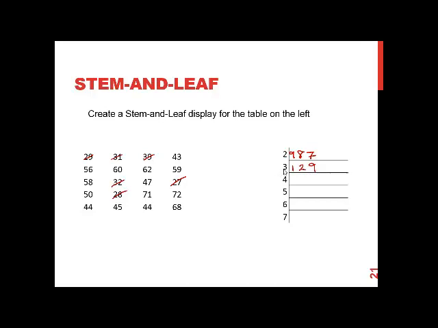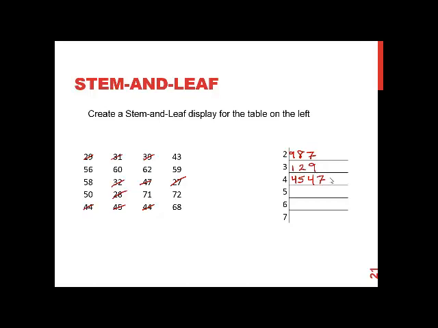And so this tells me not only did I have 3 pieces of data that were in the 30s, but it tells me what the 3 pieces were: a 31, 32, 39. Alright, looking at my 40s, I've got a 44, a 45, another 44, and in this case you do list duplicated values twice,